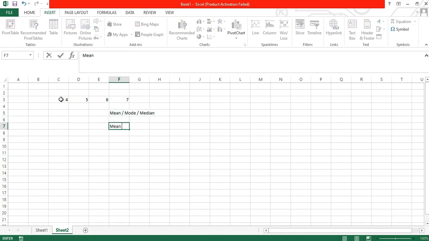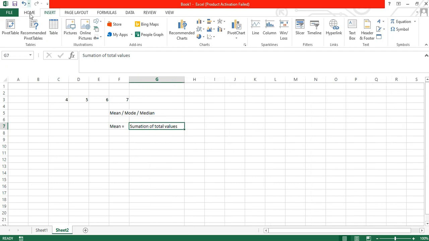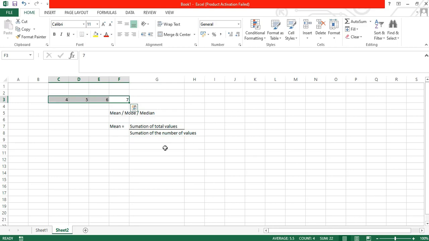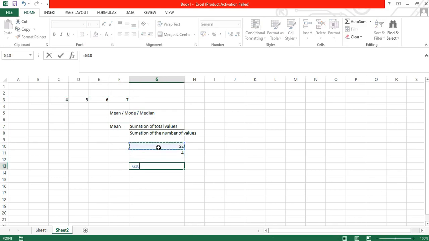In mean, we learned that it's the summation of the values divided by the number of values. So the total of these numbers is 22, whereas the count is 4, giving an average mean of